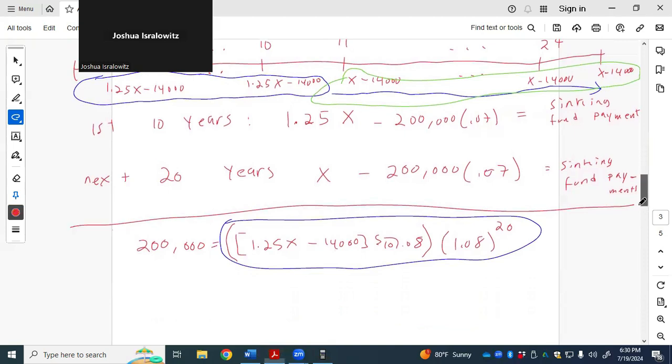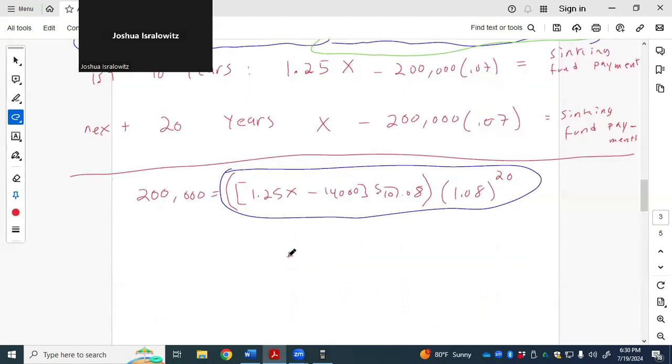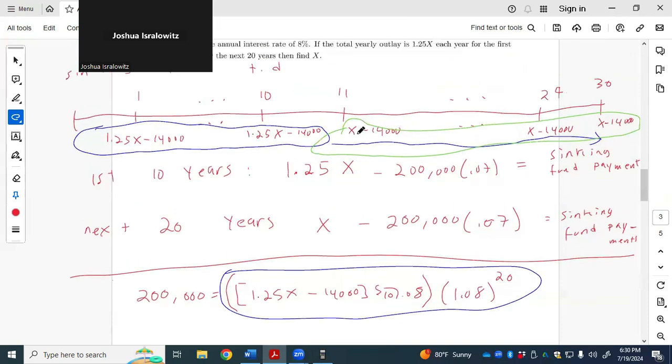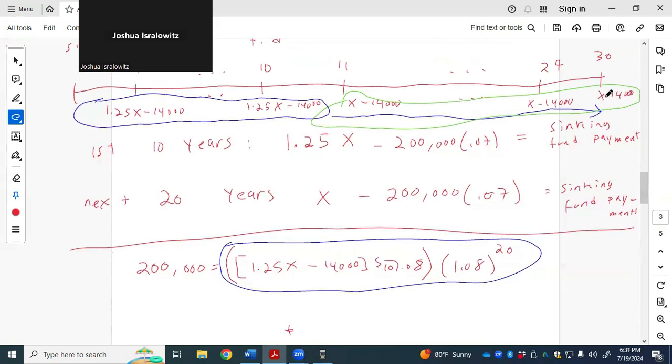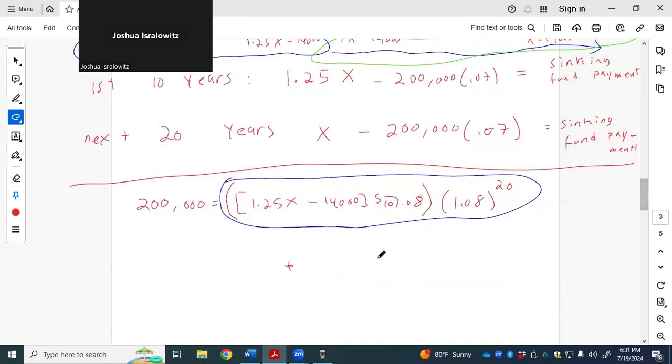Those are basically like loan thinking plus annuity stuff. So these are payments 11 to 30 inclusive, which is 20 total payments. X minus 14,000, and the last payment is at t equals 30, so you do not have to multiply by anything